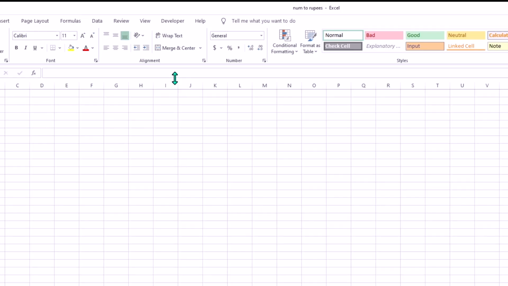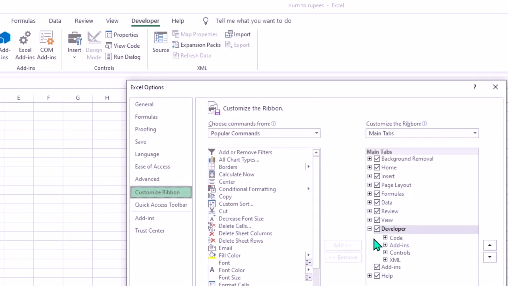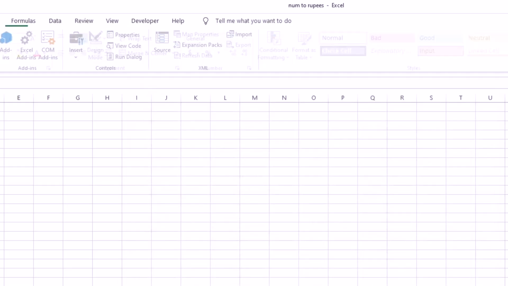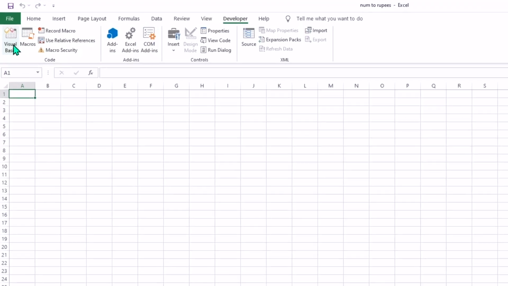Then after that, we will go to the developer tab. If you don't have the developer tab, you will click somewhere in here and right click, then customize the ribbon. And for you guys, it will be unticked. So you need to tick this developer tab, then click OK. So you will get a tab like this here called developer. Then go to Visual Basic,